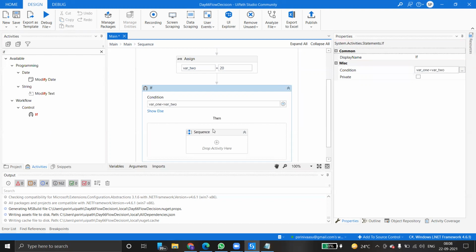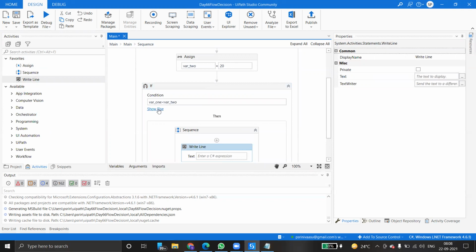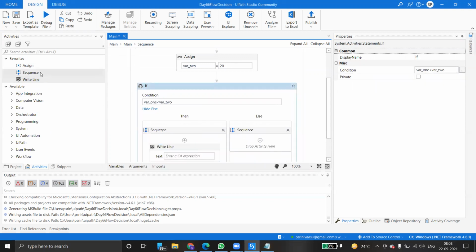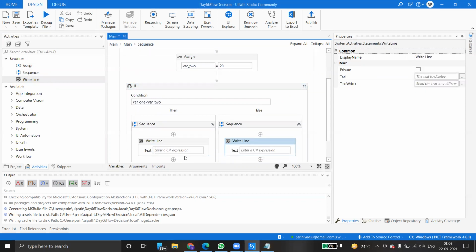Then you can add a text message box or whatever you want. Otherwise, you can use a write line added to the sequence, and you can also use an else. There is another write line.